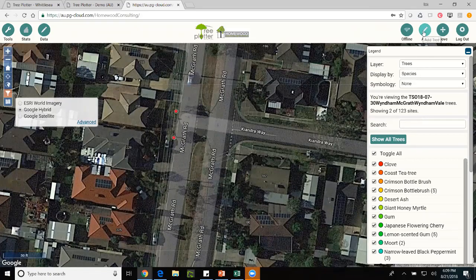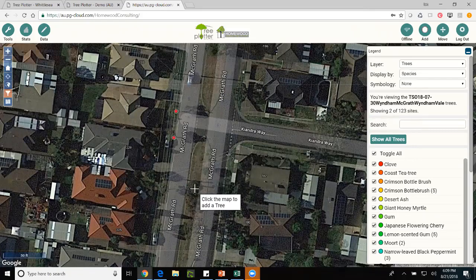I'll just go ahead and add a tree, and if you want to talk through your process of how this works, maybe on mobile, how you use it. Yeah. It's slightly different on the desktop in that we don't have the GPS turned on, but that's the crosshairs on the left-hand side below the little house. If we were using the mobile app, we would turn on the GPS and locate ourselves. But then once we've got it located,